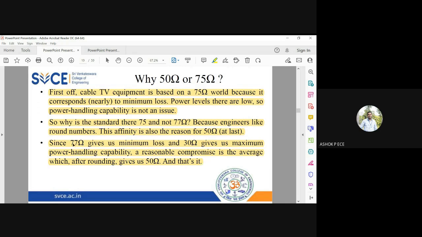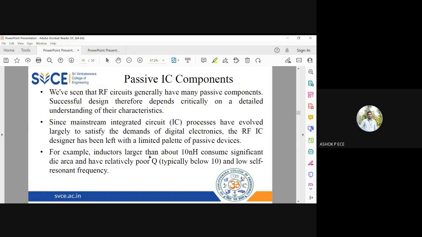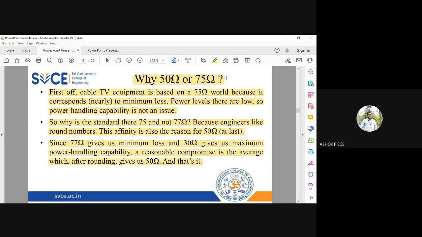And 50 ohms comes from averaging out 77 and 30. And 77, remember, is minimal loss. 30 is going to be maximum power handling capability. And its exact average value, we are rounding off to a round number. So 50 ohms is going to be a rounded off impedance. This 50 ohm is used everywhere for impedance matching. So this is a very, very important thing which you should